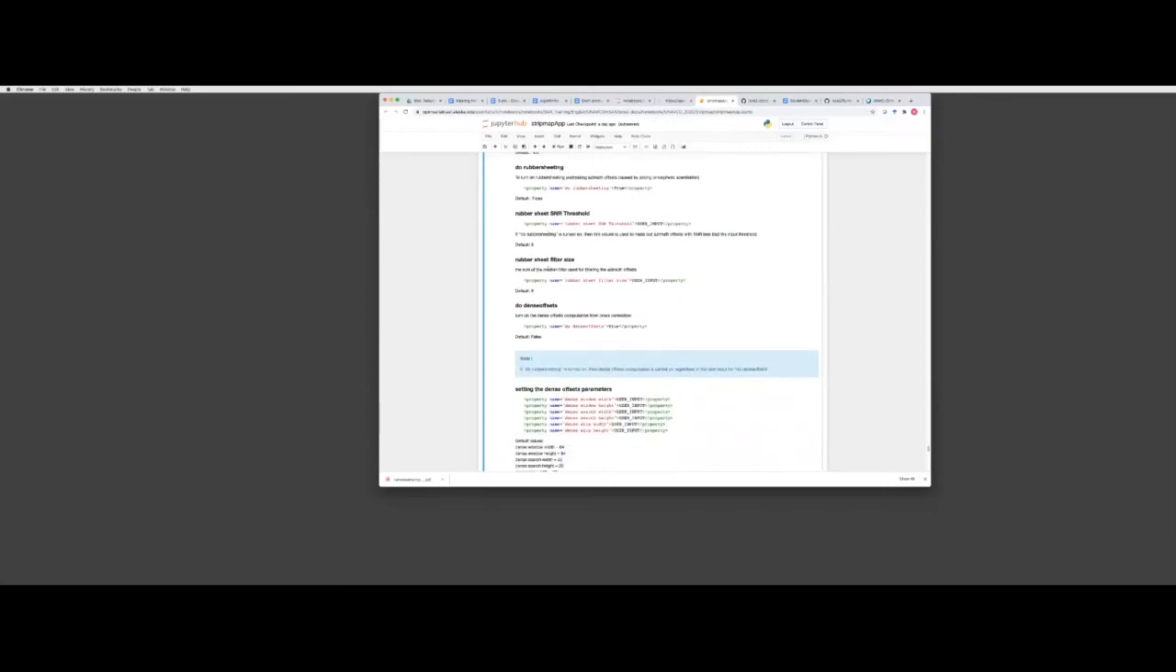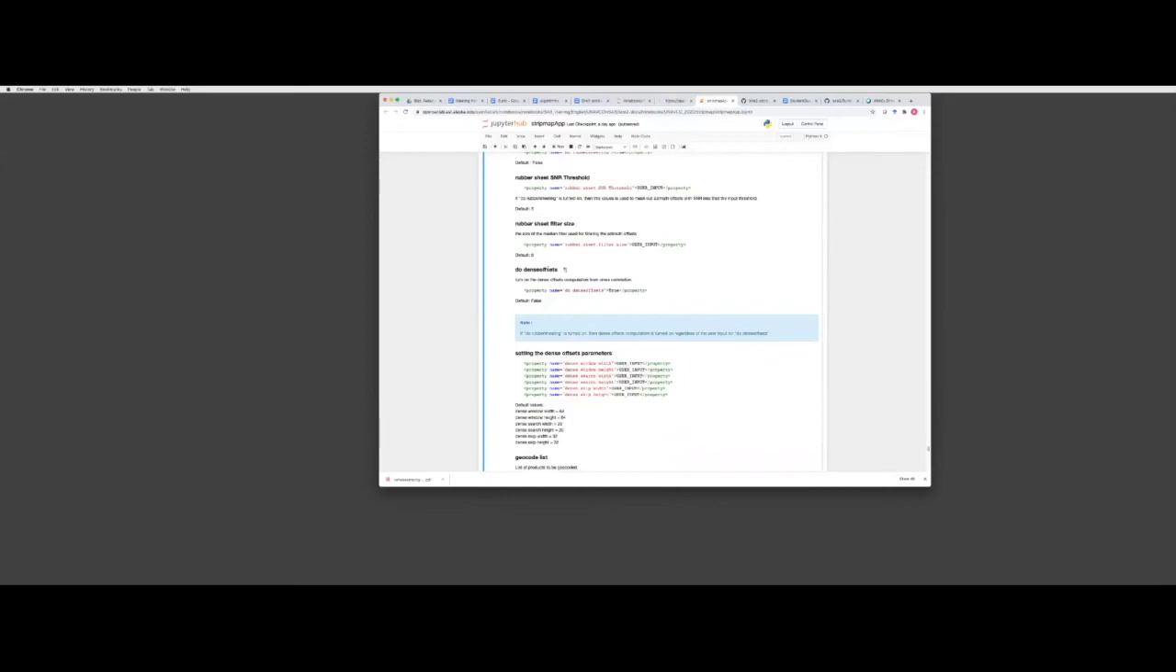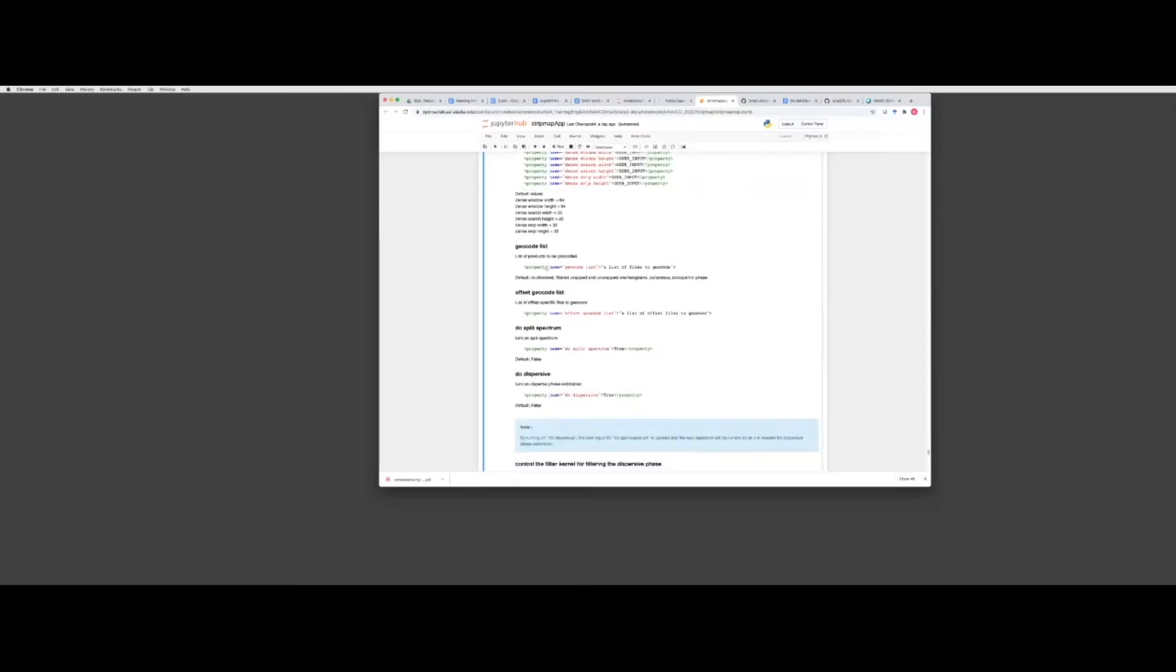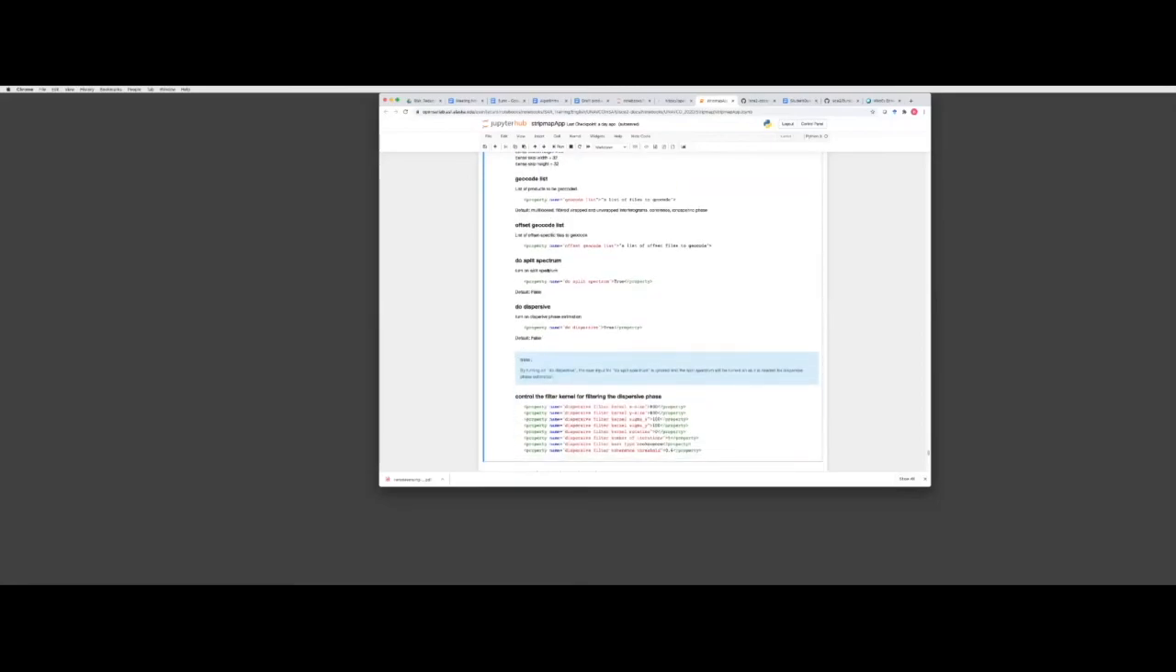And do dense offsets. Some people just want to estimate offsets from large earthquakes, or from glacier analysis for the offsets of the movements of the glaciers. So you can turn on the dense offset only. And for offset parameters, the window size, the search window, the window height, you can set all those parameters